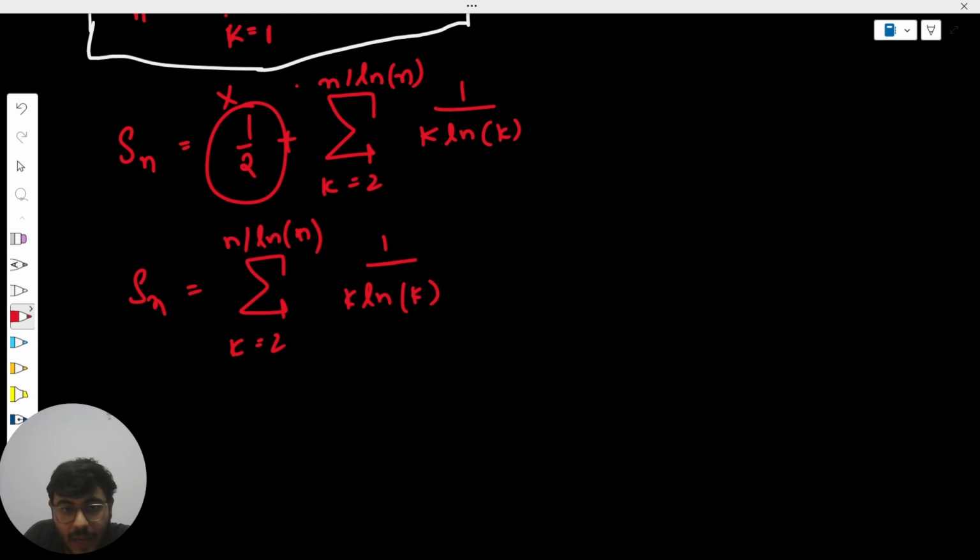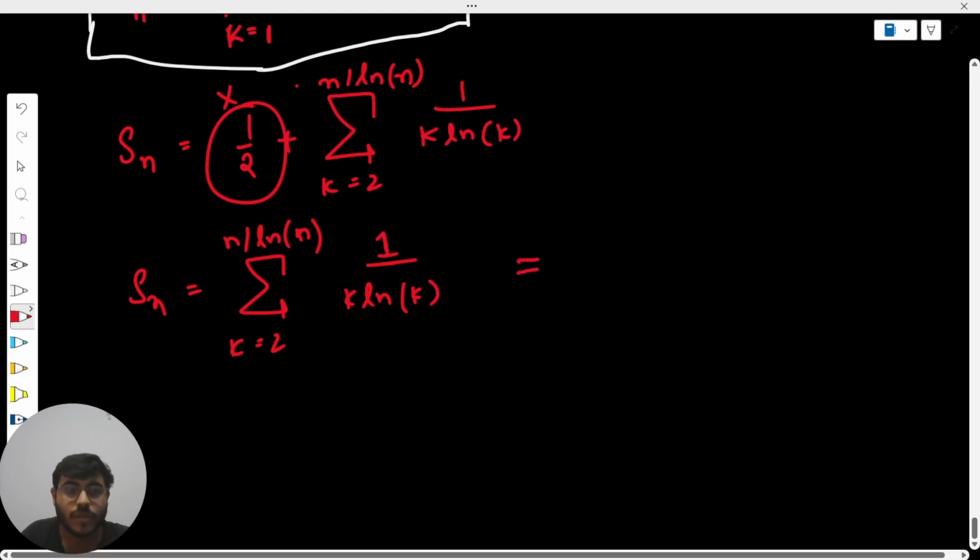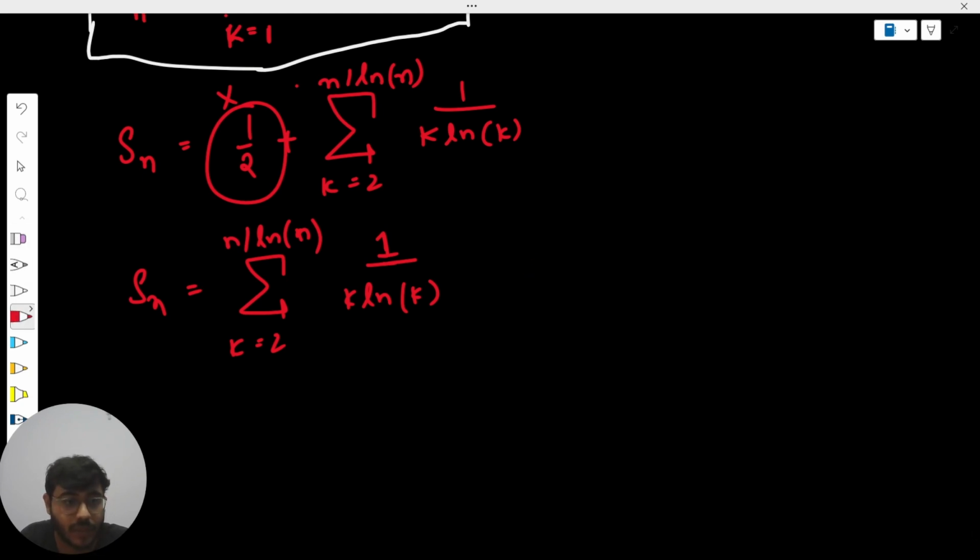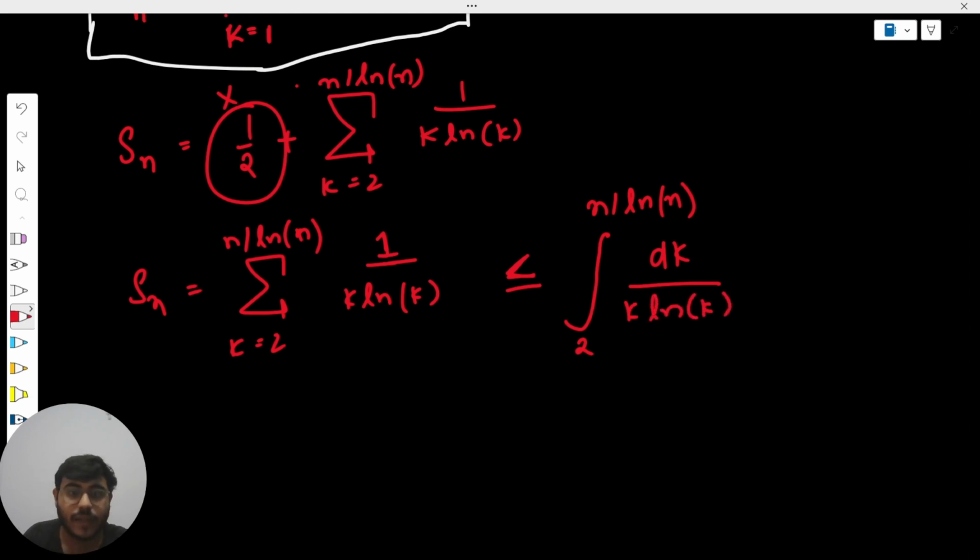So I can say कि if I convert this problem into an integral problem, तो सिंपल सी बात है, इंटीग्रल प्रॉब्लम में क्या होता है, आप इनफाइनाइट समेशन लेते हो, ठीक है? और जिसको नहीं पता है, आप समझ लो कि वी कैन बेसिकली कन्वर्ट दिस प्रॉब्लम इनटू फॉर्म ऑफ इंटीग्रेशन, एंड ये लैंड अप करेगा कुछ इस तरीके से, दिस विल बी लेस देन और इक्वल टू द इंटीग्रेशन फ्रॉम 2 अप टू n डिवाइड बाय log ऑफ n, और ये चेंज हो जाएगा dk डिवाइड बाय k ln k से, राइट? बेयर विद मी, जस्ट लुक एट द मैथ्स, घबराओ मत, इट इज वेरी इजी, ठीक है।